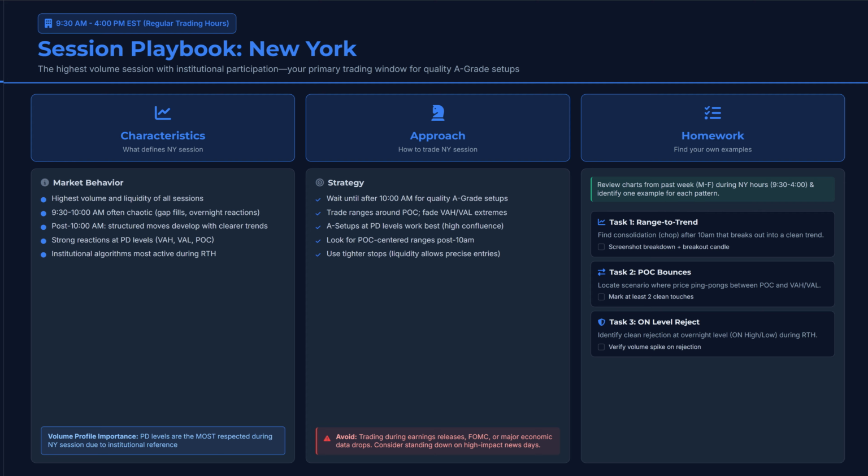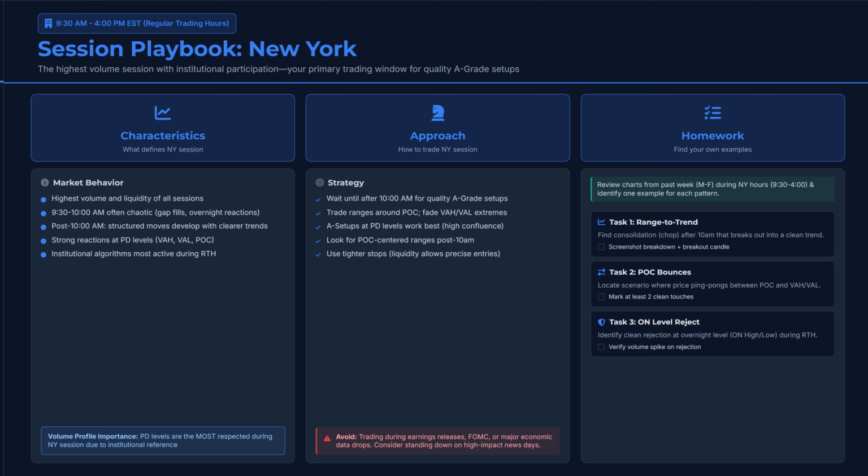Let's break down the characteristics, the approach, and then I'll give you a critical homework assignment to cement your understanding. Characteristic number 1, highest volume and liquidity of all sessions. This is non-negotiable. The New York session sees more contracts traded, tighter bid-ask spreads, and faster order execution than any